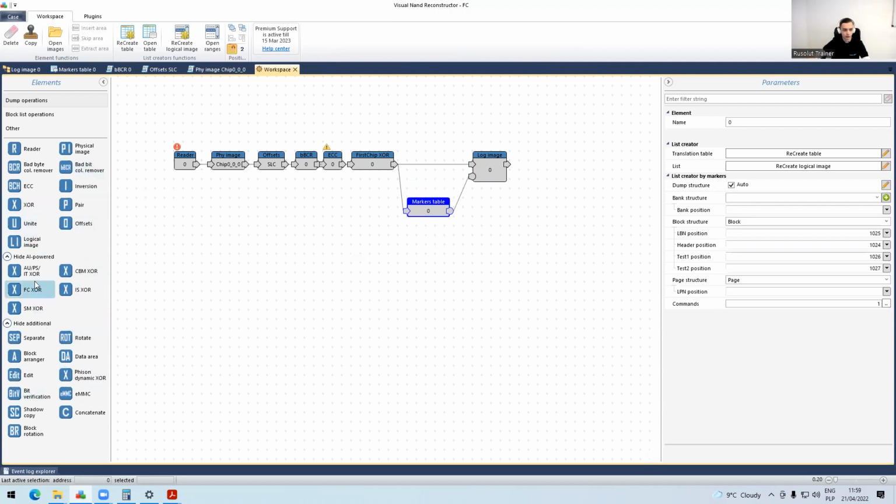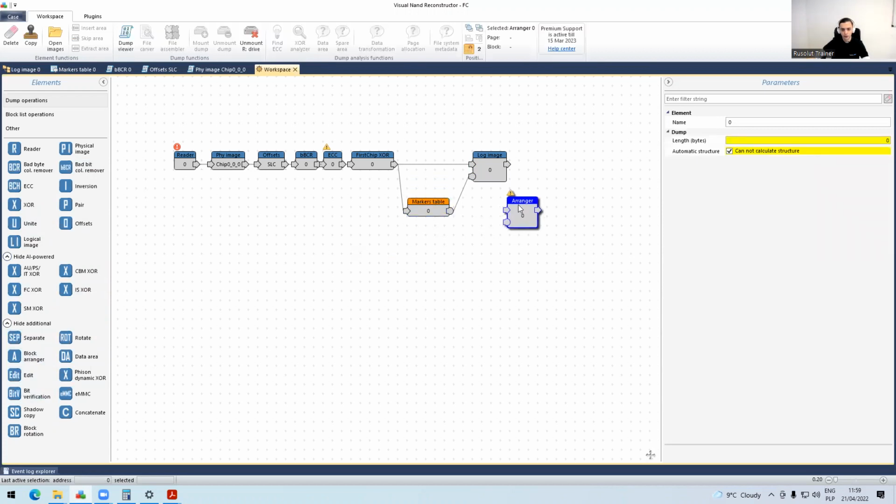We can find here the element Block Arranger,